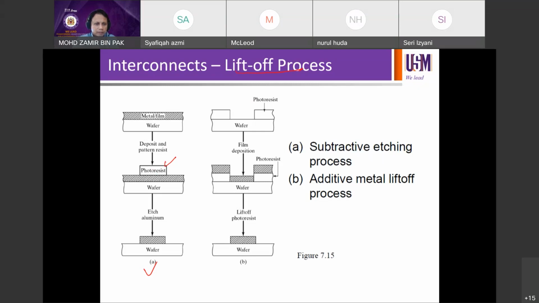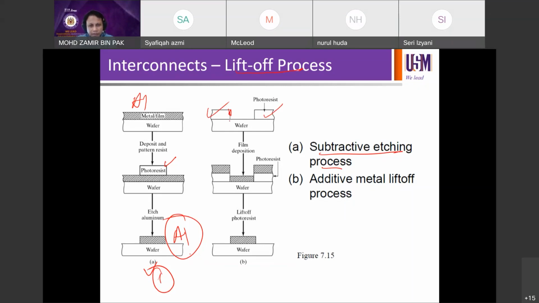Say this metal is aluminium. Then you pattern resist on aluminium, and then you etch aluminium. You remove the resist, and then you're going to be left with patterned aluminium on the left, by process number 1. That's called subtractive etching process. It means you deposit blanket metal, then you do lithography to define the pattern, and then you etch. The other option is you pattern the resist first on the wafer, provide opening in the center,